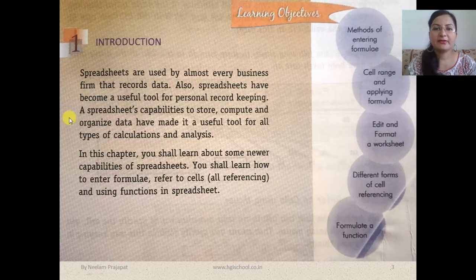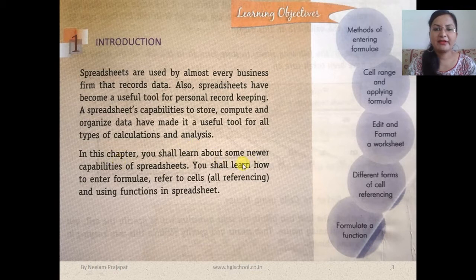A spreadsheet's capability to store, compute and organize the data has made it a useful tool for all types of calculations and analysis. We can perform a large amount of calculations on it and analyze the information.